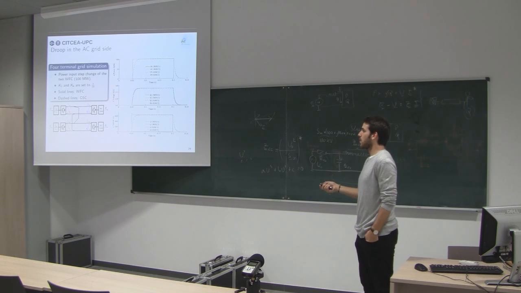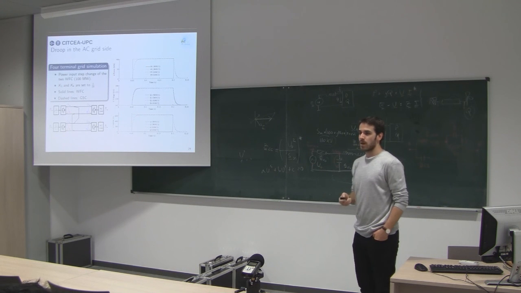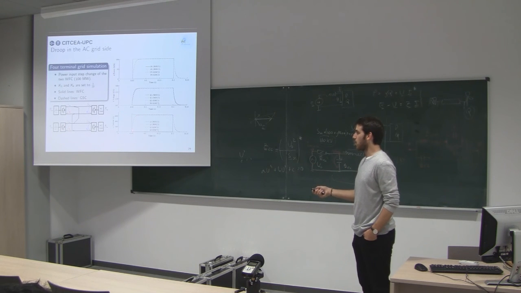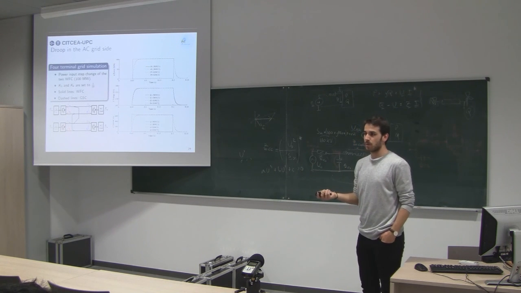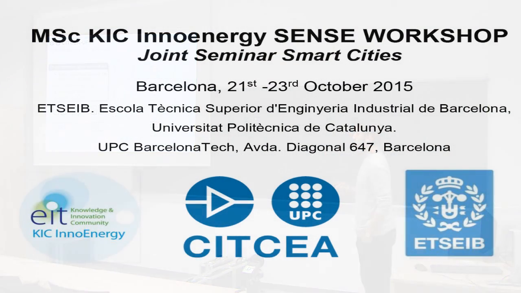Okay, and then in terms of current, here you can see that I3 and I4, which are the currents of the MMC on the grid side, are not exceeding the maximum current, because they have smooth transients, which is the design that we have proposed. So, well, based on that, it's basically